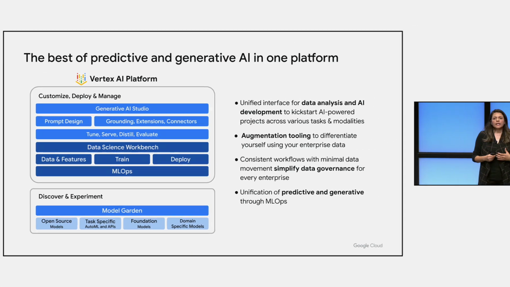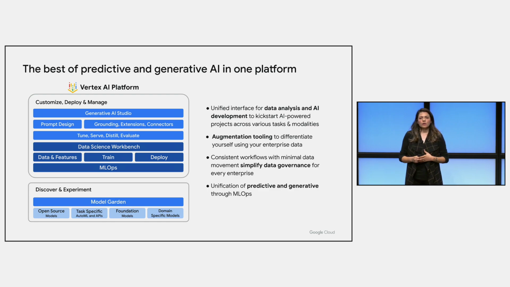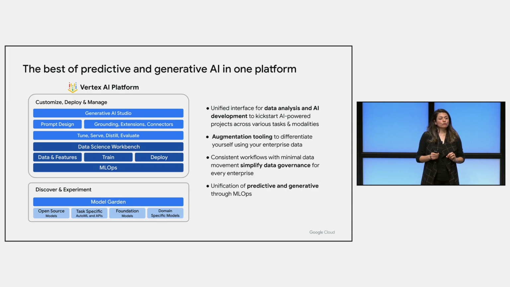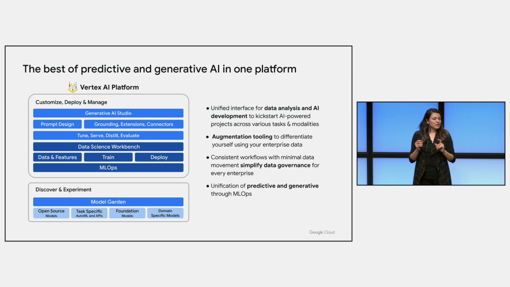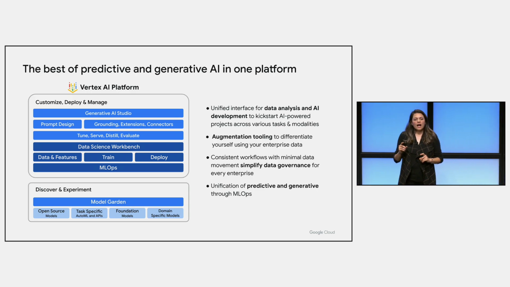The other important thing is, I already mentioned Model Garden, but one thing that I hear a lot from people that might be new to this whole GenAI world is, where do I start? How do you write a prompt? What is prompt engineering, this whole new term that we're hearing, right? And actually with that, let me pause and take a poll. How many of you have built a nice demo of GenAI in the last few months? Okay, not bad. How many of you have taken those demos and put them in production?